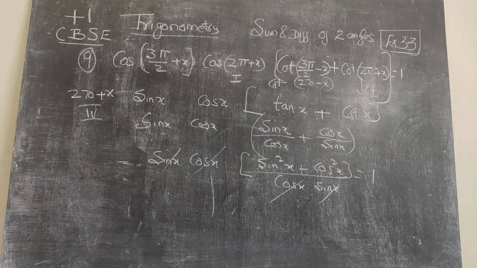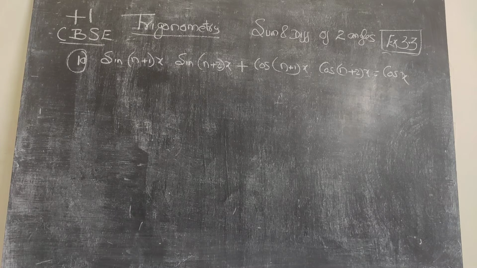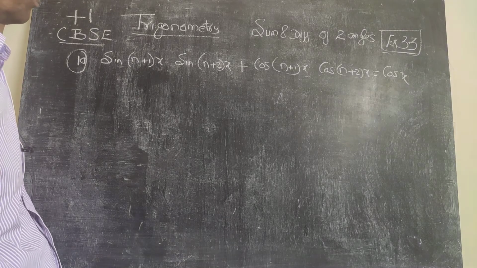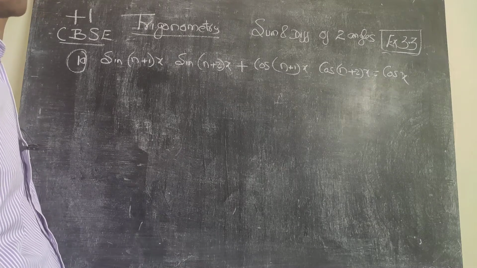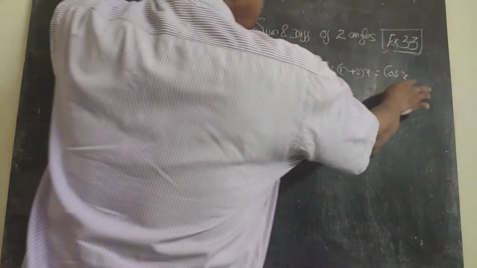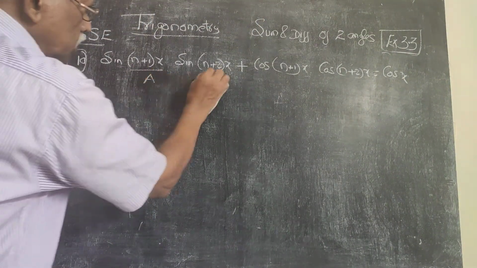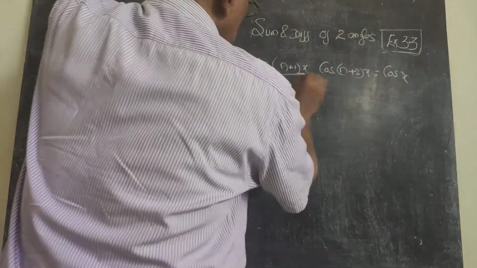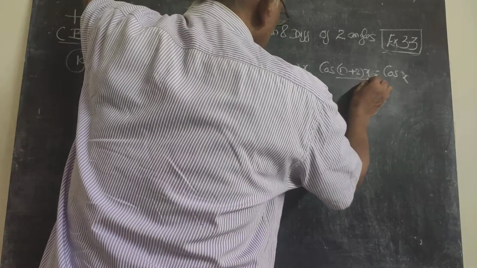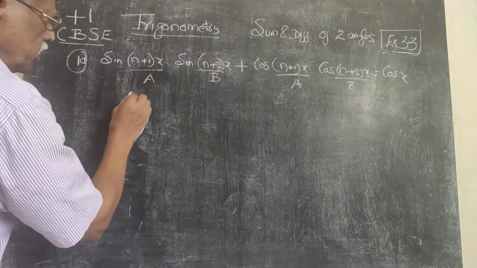I will go for the 10th question. Now 10th problem. Sin((n+1)x) into sin((n+2)x) plus cos((n+1)x) into cos((n+2)x) equal to, we have to prove, cos x. You assume this is A and this is your B. (n+1)x is A, and here also (n+2)x, we are assuming it as B. So the problem reduces to